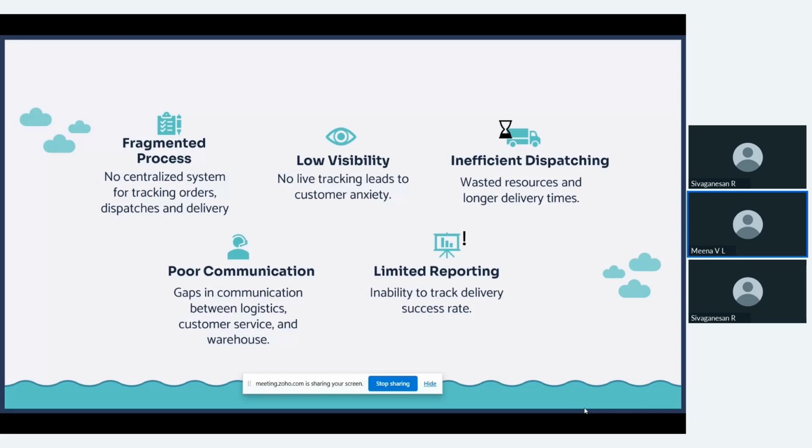So what is a fragmented process? Someone tracks the delivery through phone calls, and that is with them only. It is not visible to the entire system, the entire logistics team. So there is some miscommunication that is happening because of this. Someone gets the update from the logistics provider, but that is not conveyed to the entire team. So the team thinks that there is some delay or something, right? So the complete visibility is not available here.